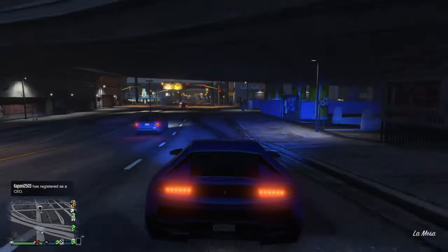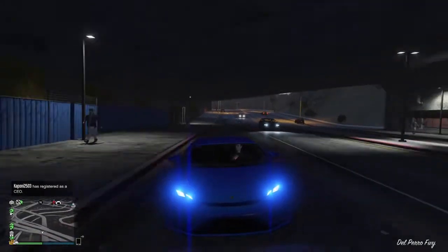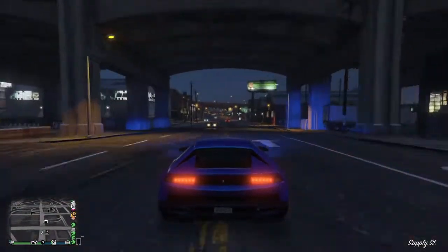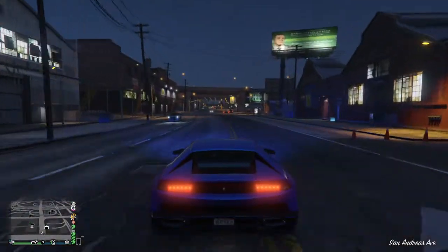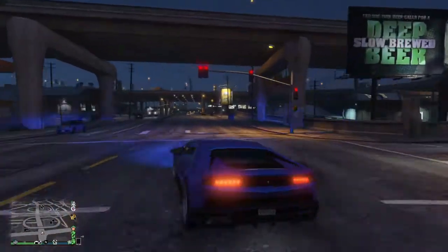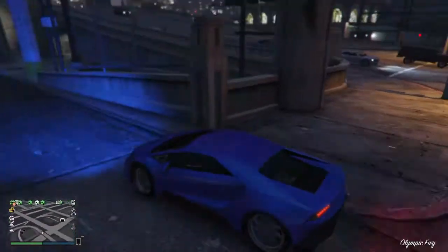Well, I wanted to hit that turn going as fast as I pretty much could, and it slid right into that car. It did not turn at all. I was going so quick, it just didn't even turn. But yeah, so as far as speed and handling goes,